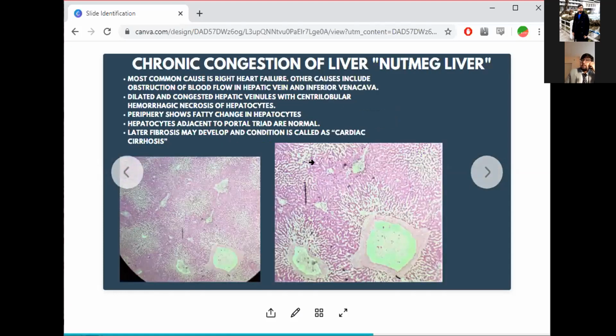Whereas in the nutmeg liver, you can see that there is an obvious dilation here. There are many more white spaces than there should be. There is a lot of variation. So if I go to the left sided image, I can see that there are white spaces close here, but then they are bordered by normal hepatocytes. And I know that the central vein is extremely dilated and it is very thick as well. So that is how you differentiate between nutmeg liver and icterus.